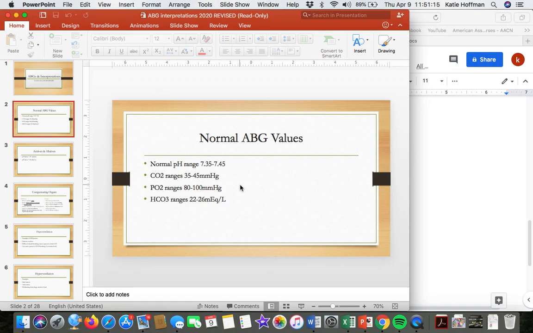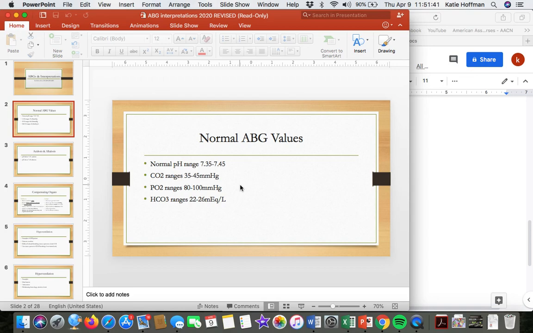So let's start with acidosis. If your patient is acidotic, meaning your pH is low, you are either going to have an elevated carbon dioxide or CO2 or a decreased bicarb or base, HCO3. Those are the only two things that are going to cause an acidosis, an elevated CO2 or a decrease in bicarb or HCO3. And once you figure out which of those it is, that lets you determine whether it's metabolic